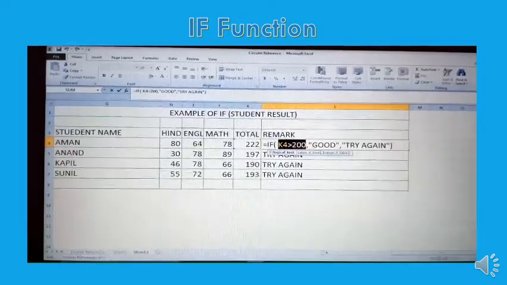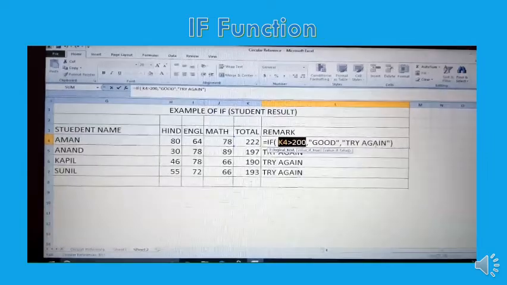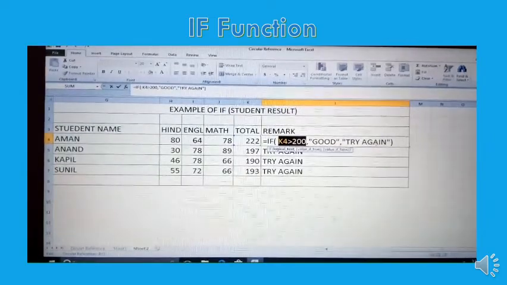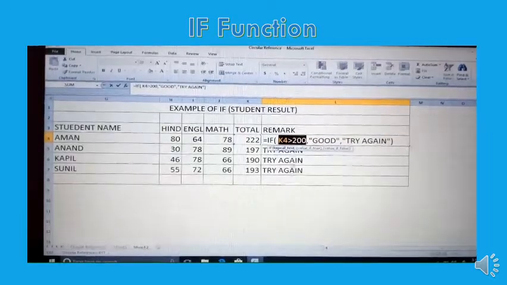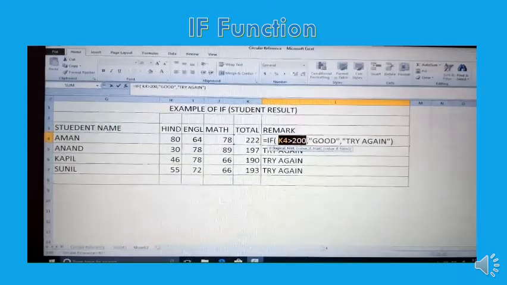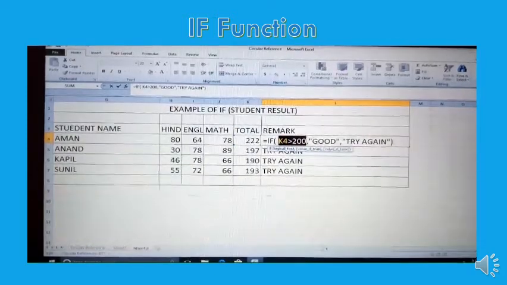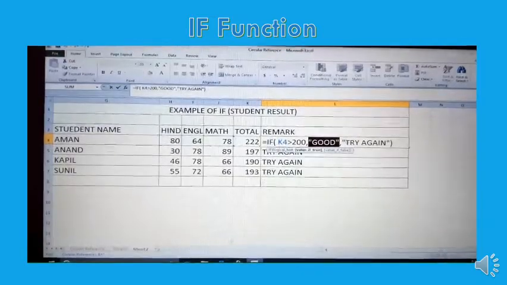So what do we have to print? Good. If the condition is false, what do we have to print? Try again. So in if condition we print two things. Either two things means if the condition is true, something we have to print. If the condition is false, another thing we have to print. See, this is the condition. If the condition is true, what answer are we going to print? Good. If this is false, we are printing try again.